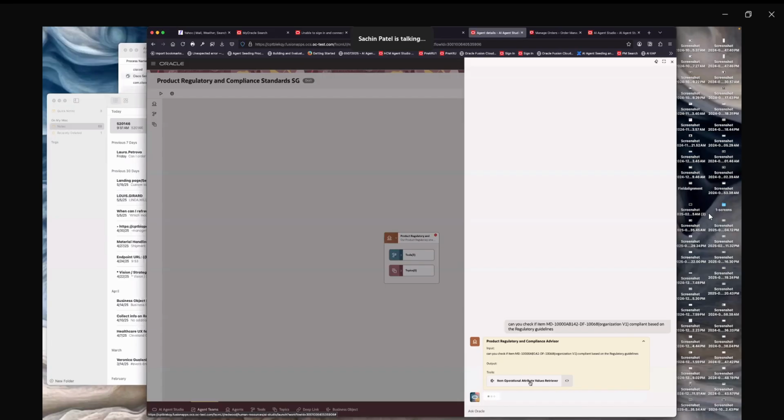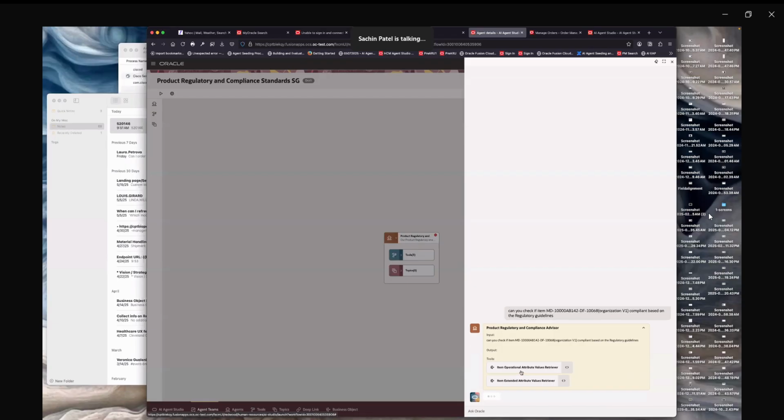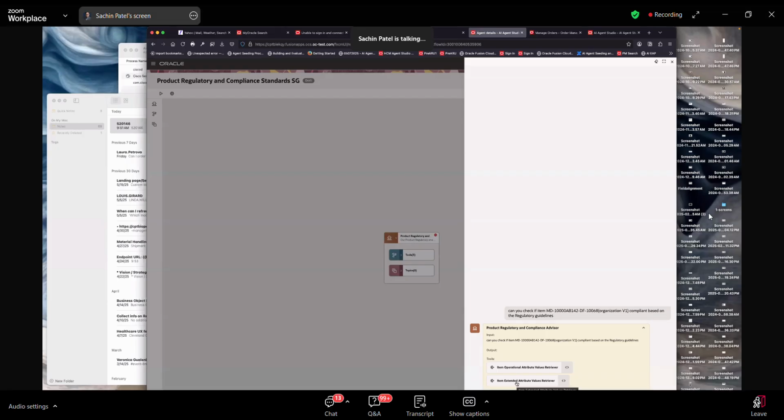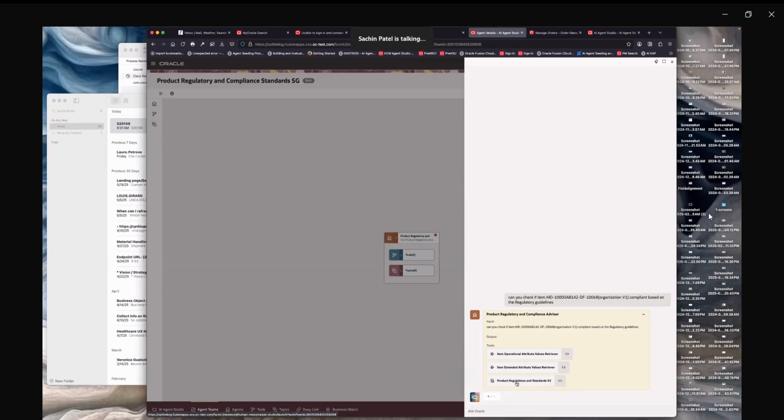It is checking some of the operational attributes like the item class, etc. And then it is also calling the extended attributes, because some of these attributes might be in the extensible attribute configuration. And then it is also calling the product regulations and standards to check those attributes and see if those are compliant to that particular regulatory guideline. So once it does that, it will come back and show us that information